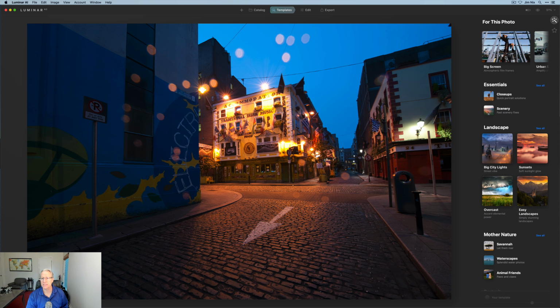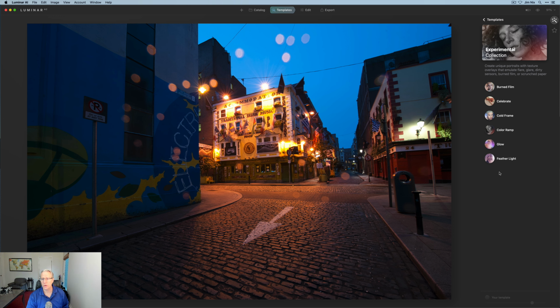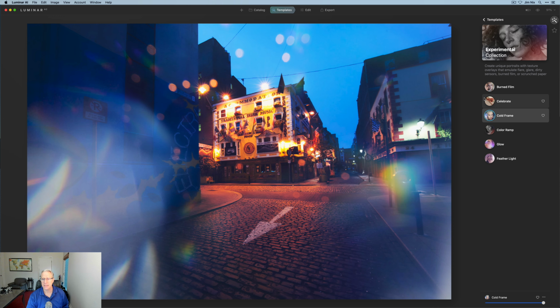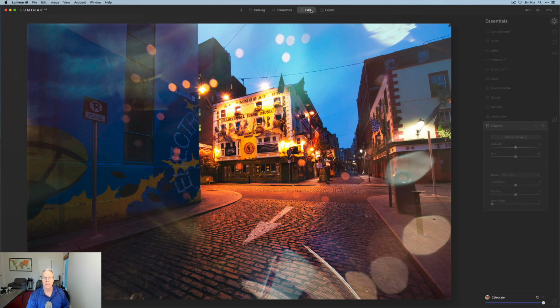I'm going to click on templates, and you can see it suggests a couple of things here, again recognizing the elements in the photo. But once again, I'm going to go to experimental, and I'm going to look at, I can't remember which one it is. Not Cold Frame. Celebrate. There you go. Celebrate has similar highlights, bigger and closer, but I think it kind of fits with the theme of the photo. So I'm going to click on Edit,